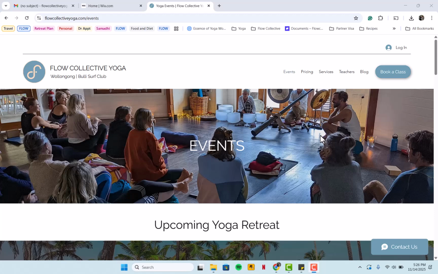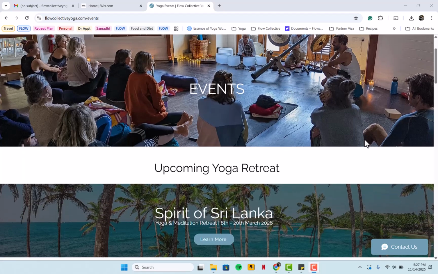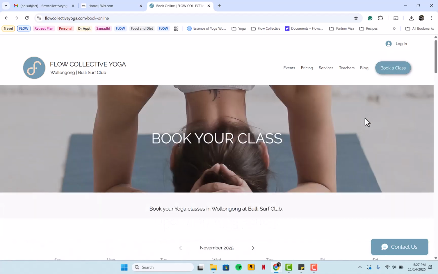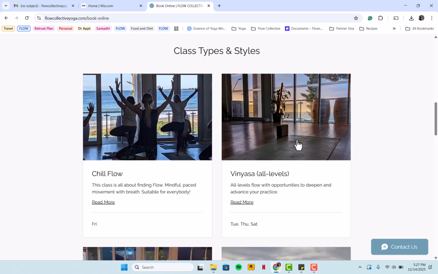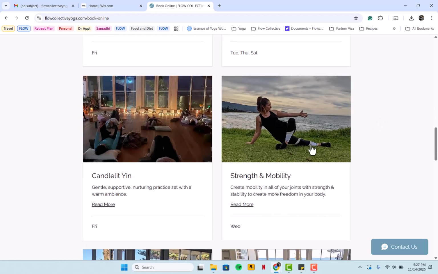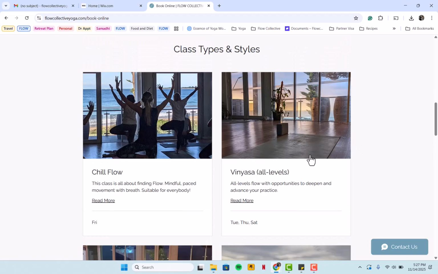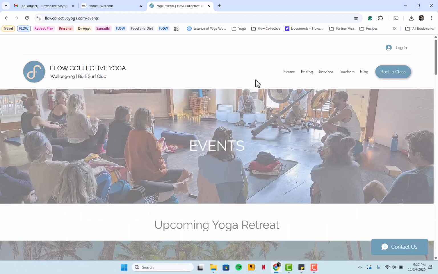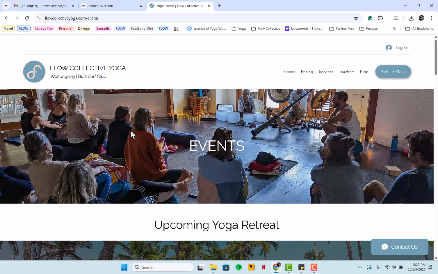Creating a new event in Wix is pretty straightforward, and it's essentially the same thing as creating a new class type like we have on our website, like a chill flow or Vinyasa, Yangdian, etc. But there are a couple little differences in setting this up so that it doesn't appear on the regular kind of yoga schedule, but rather appears on the events page, as well as just a couple of booking policies that